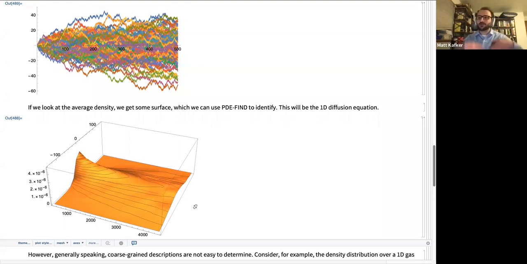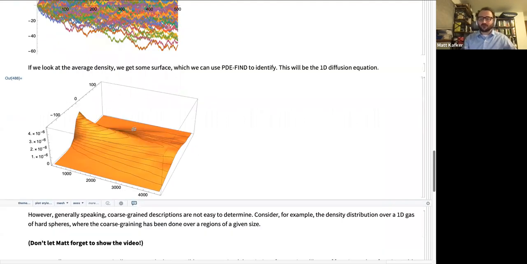This is a surface. We can numerically differentiate the surface, both in the time direction to give us the left-hand side of our PDE-FIND problem, and in the spatial directions, and maybe you can take further time derivatives to get the other terms of the library. And then you just repeat the sparse regression procedure. I've confirmed this in Python. I didn't have time to map this over into Mathematica. You will find the diffusion equation if you do this, as you would expect.